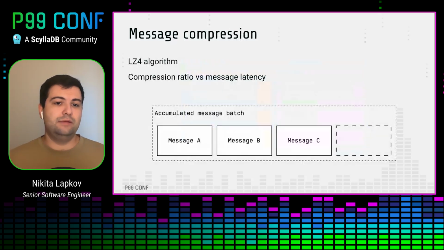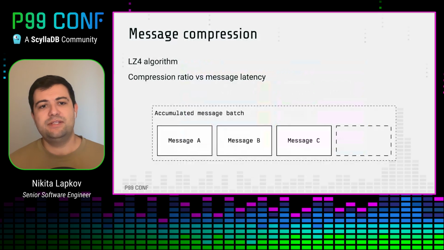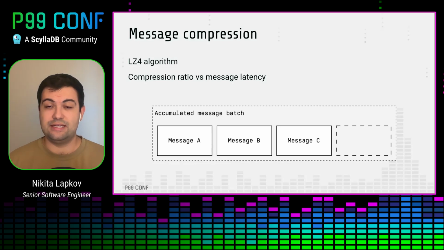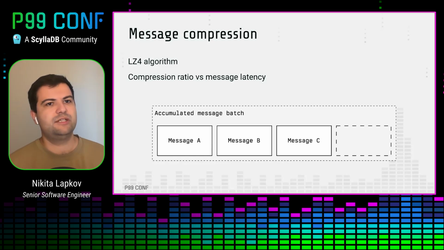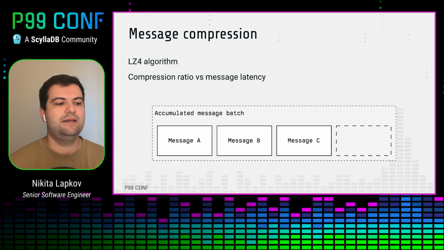Now that we have encoded messages, we can optionally apply message compression on top of them. Message compression is an interesting problem. It doesn't make sense at all if you're sending messages on the same node. But when we're speaking about nodes which are geo-distributed, which we do want to support, it is best to compress messages if you are willing to sacrifice some latency for a more efficient use of bandwidth. Basically, we're trying to pack as much information as possible into the bytes we're sending all over the network.